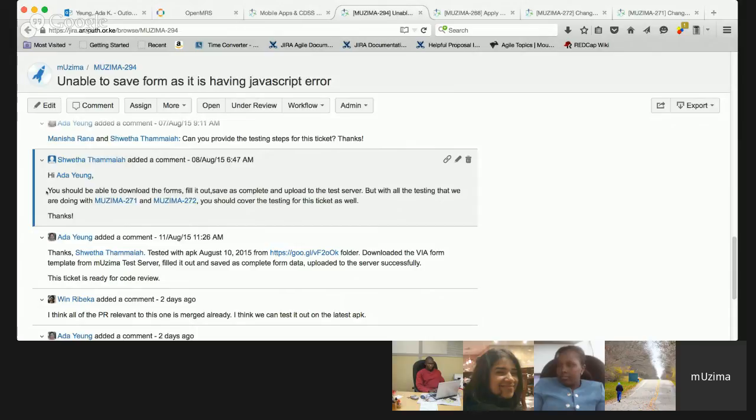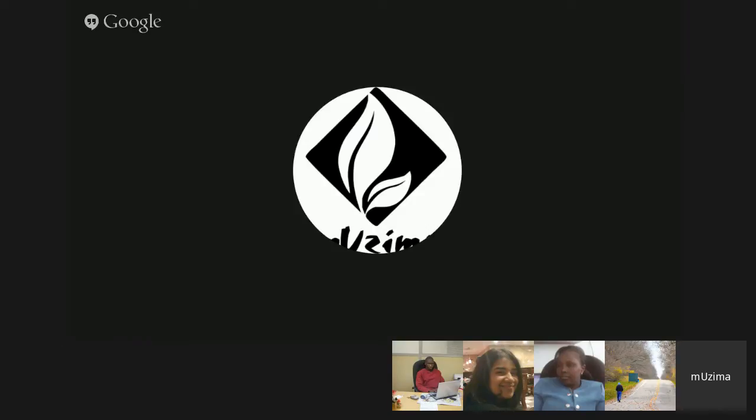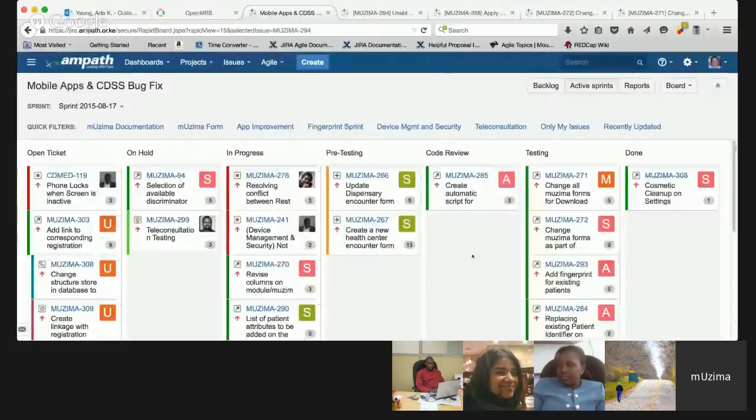So is it clear for everyone on these 4 tickets? Yes. Okay, cool. So any more questions or comments on those tickets under the testing columns? If no,